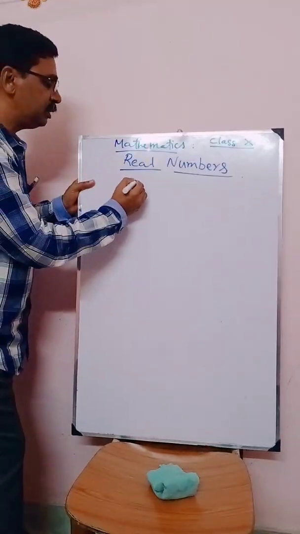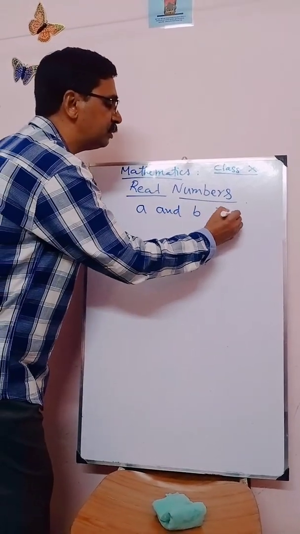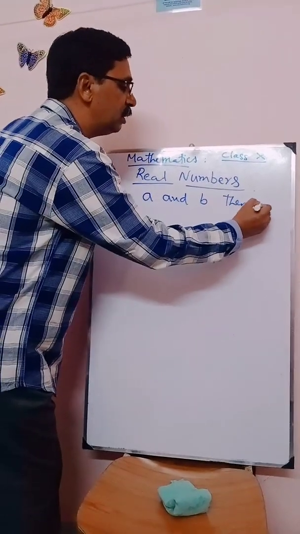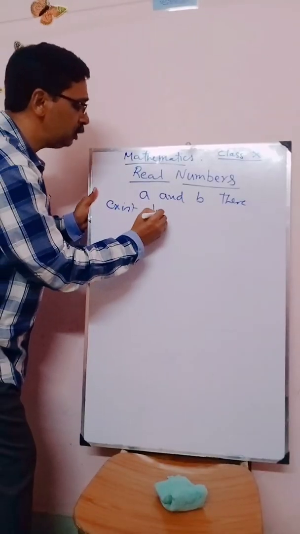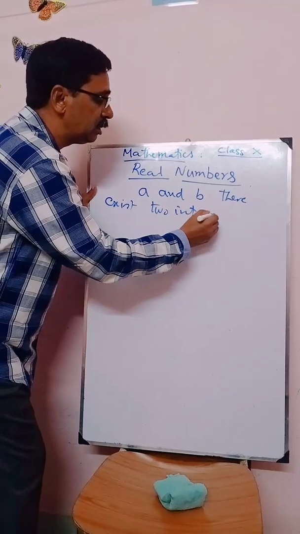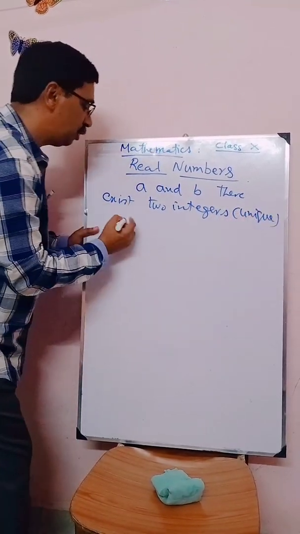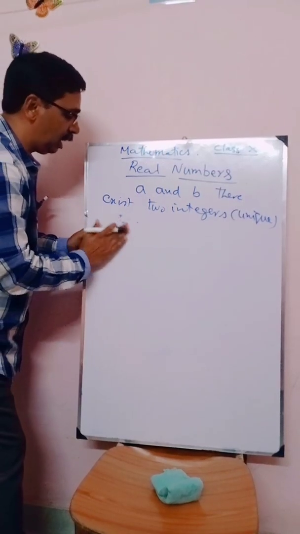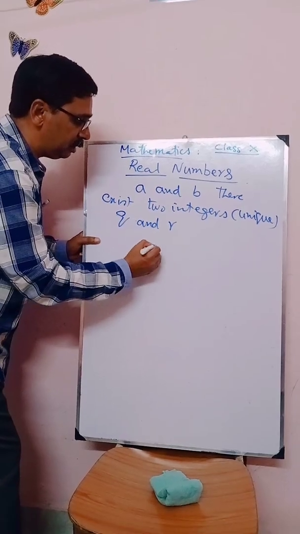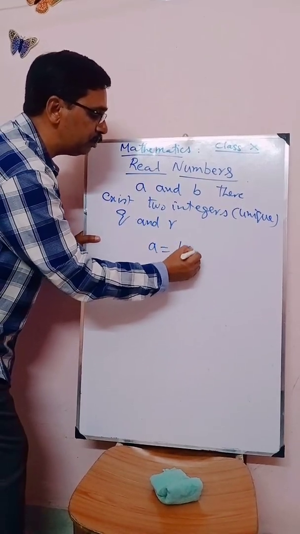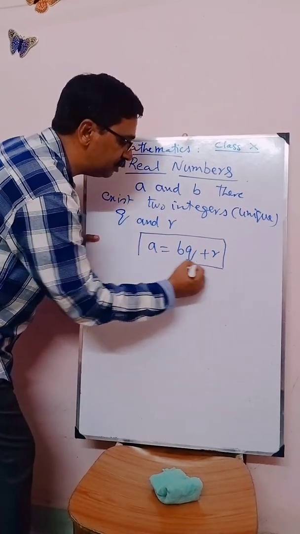For any two integers a and b, there exist two integers, and they are unique, of course. Two unique integers, say q and r, and a equal to bq plus r, and this is known as Euclid's division lemma,